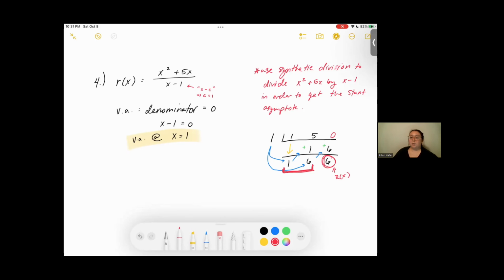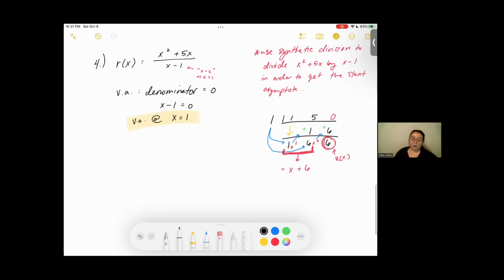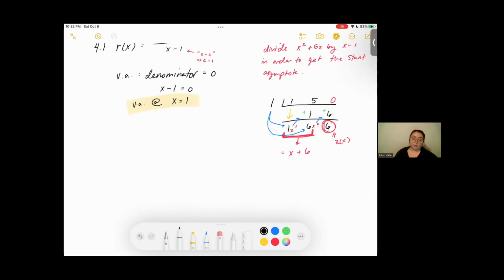And remember, you determine what the remainder is, and then you tack on an x to the power of something, starting from the right, going to the left. And it always starts at x to the power of 0. So this is x to the power of 0, x to the power of 1, which is equal to x plus 6. And this is the part of our quotient here. So really, since we're supposed to be putting our slant asymptote in the form of the division algorithm, our slant asymptote is going to be,